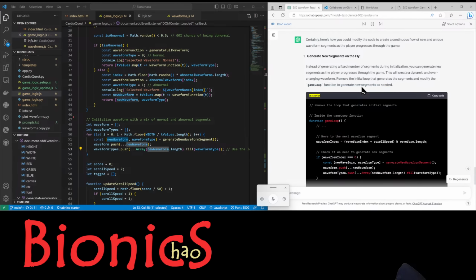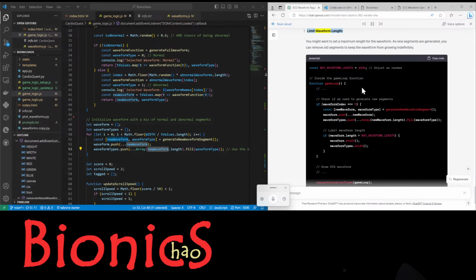JavaScript. Copy code. // Remove the loop that generates initial segments // Inside the gameLoop function: function gameLoop() { // Move to the next waveform segment waveformIndex = (waveformIndex + scrollSpeed) % waveform.length; // Check if we need to generate new segments if (waveformIndex === 0) { const newWaveformType = generateNewWaveformSegment(); waveform.push(...newWaveform); waveformTypes.push(...Array(newWaveform.length).fill(waveformType)); } // Draw ECG waveform ... requestAnimationFrame(gameLoop); }